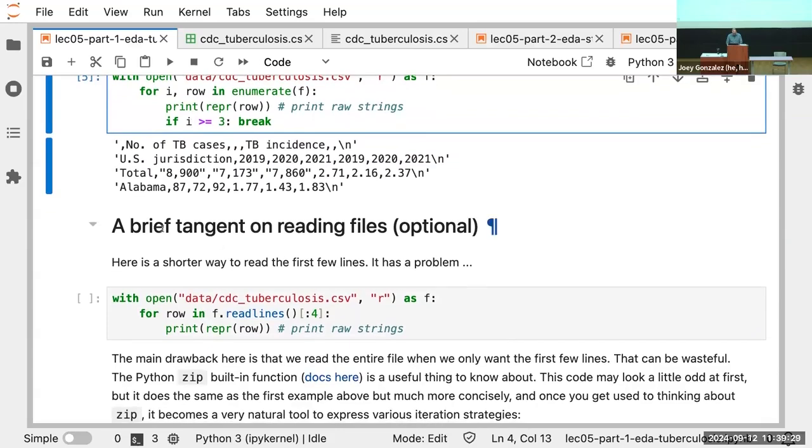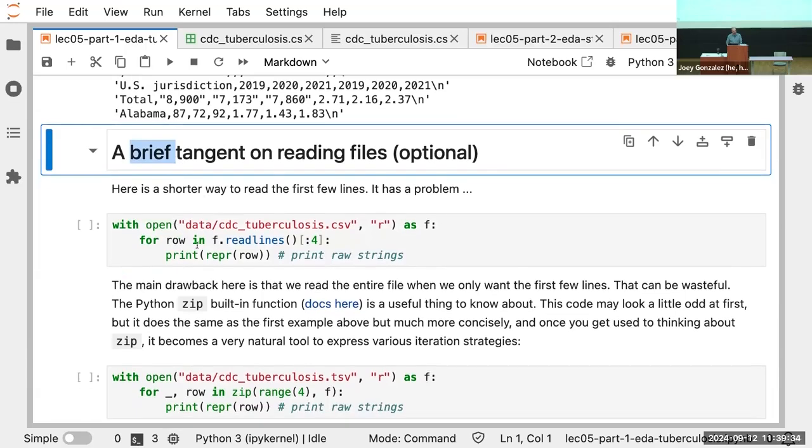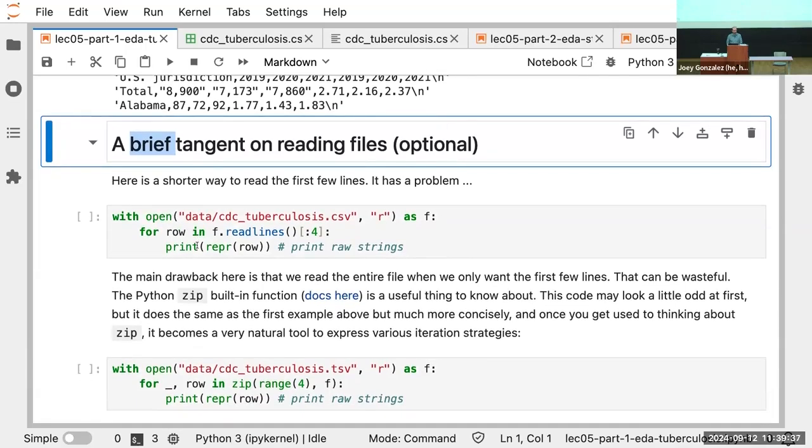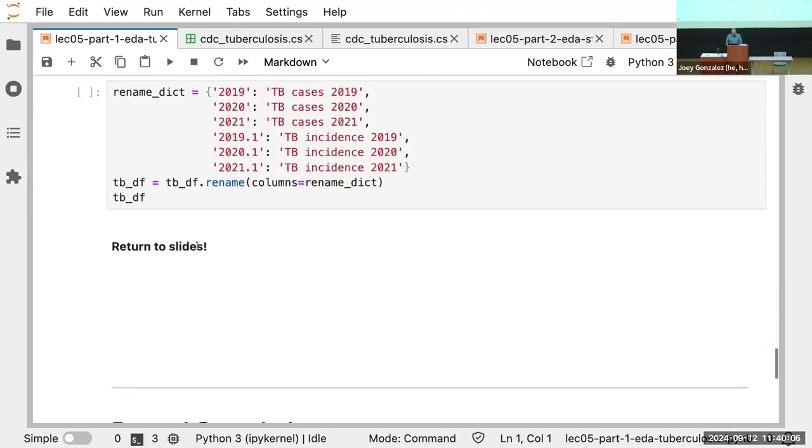All right, I'm not going to go on a brief tangent because my tangents are never brief, but there's some code you can read for how to read larger files. The synopsis of this is when you have really big files, be careful because you can open up a big file in your browser and Python's like, okay, here's 1,000,000 lines of text, and your browser crashes. And it crashes in a way you're like, oh, let's fix it. You open up the notebook again and your browser crashes. So you need a way to clear the notebook. There are tools to do that. So just be careful opening up massive things in your browser. And tangent. Oh, return to slides.